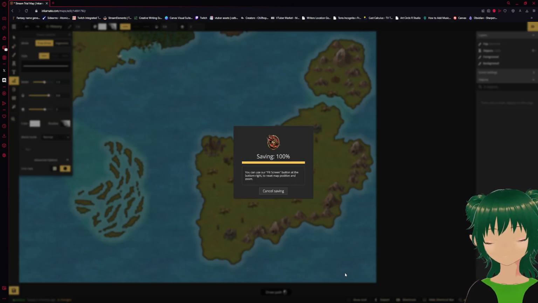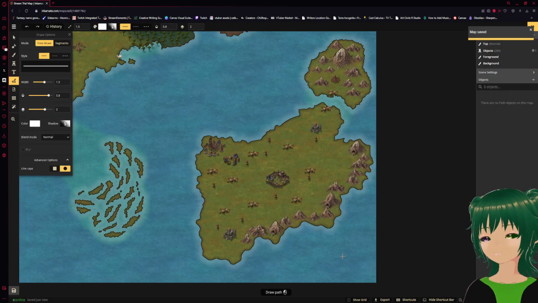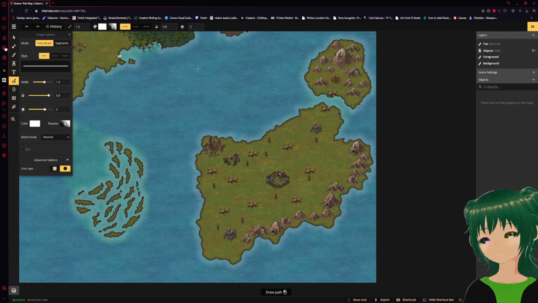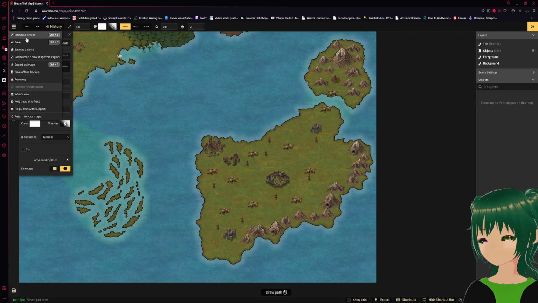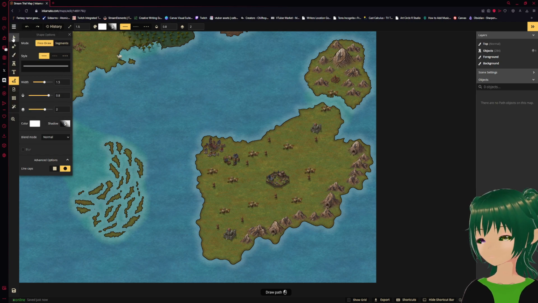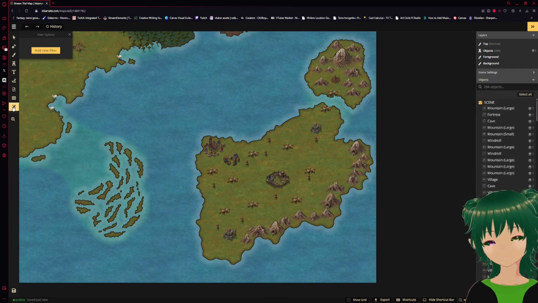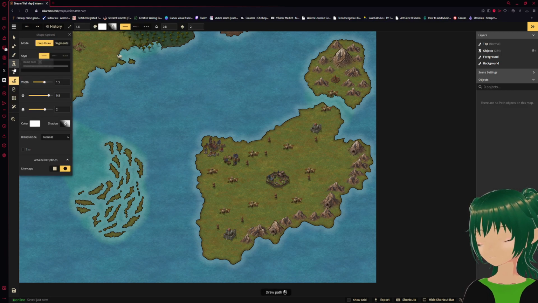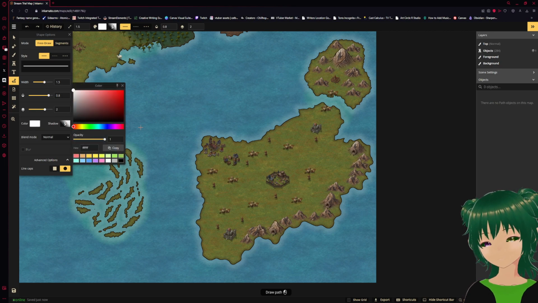I'm pretty sure there are import options for this program, both to import images for your own custom stamps and objects and stuff like that, and also you can import stuff from other people's maps. But I'm not sure where I might do that here. And the zoom filter tool. Not really sure what the filter tool might do. The grid, no. Not sure where to do that right now. So I guess I'm just gonna have to try and